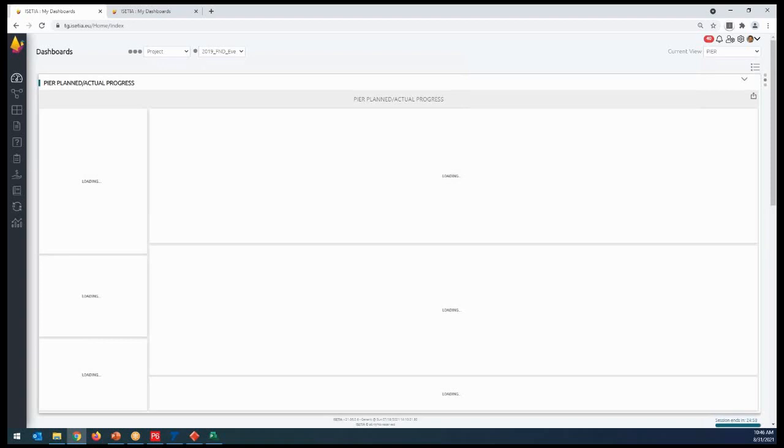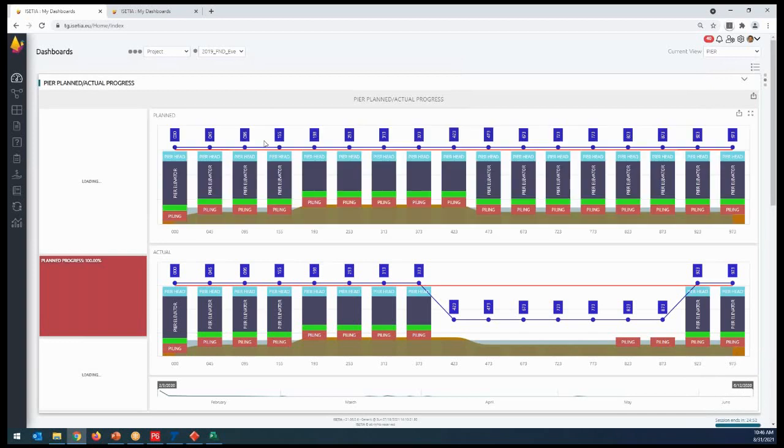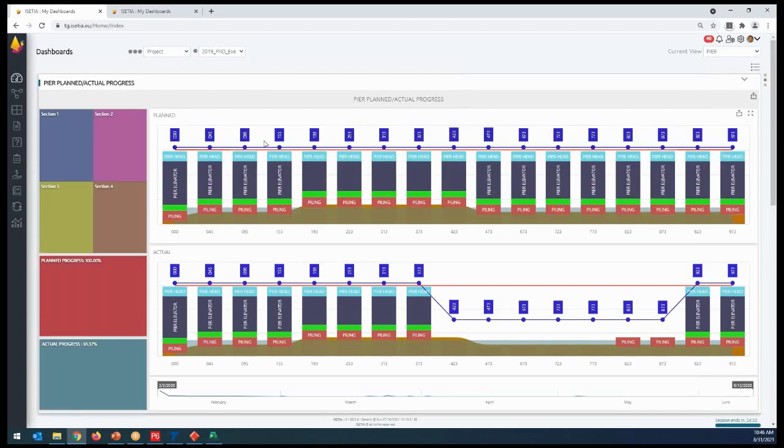So this is the planned versus actual progress. I have the dates here. I selected another report date because some progress entered is more meaningful. Okay, so I have the 12th of June 2020. On top I have the plan, and below I have the actual.